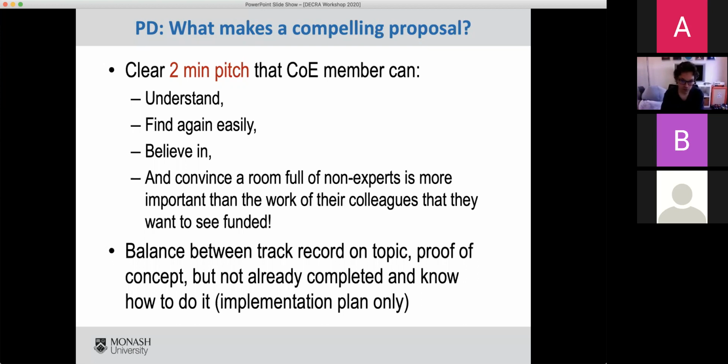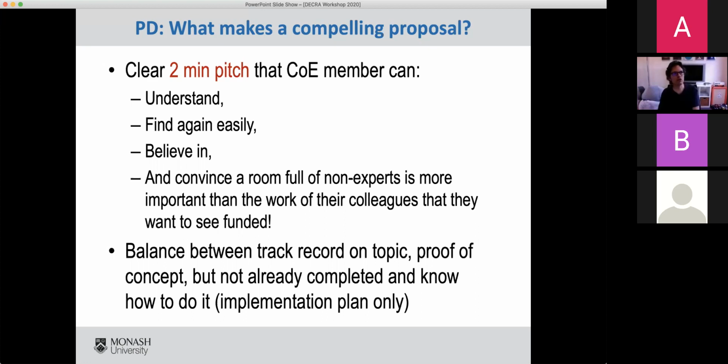Now, the first page of the project description used to be project quality and innovation. And when we talk about project quality and innovation, we'd also try and weave in a little bit of track record so that someone could flick through the project description when they're on the panel meeting, scan that page and have the information that they need. That's now changed, so it's now investigator capability, and then you go into the project description. But a lot of that still kind of stands.